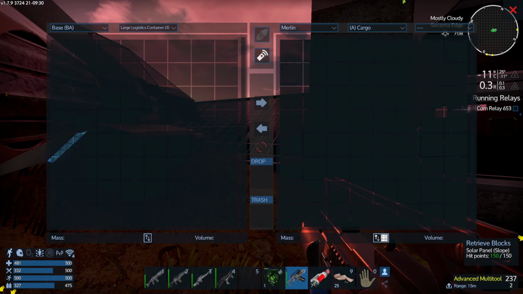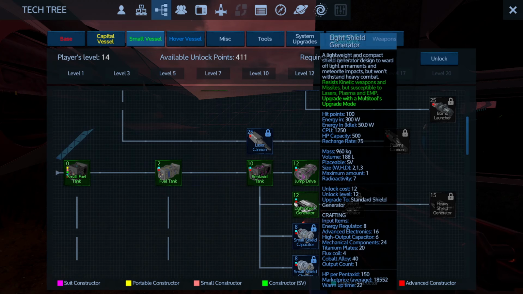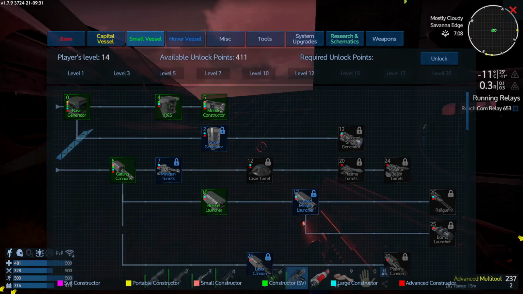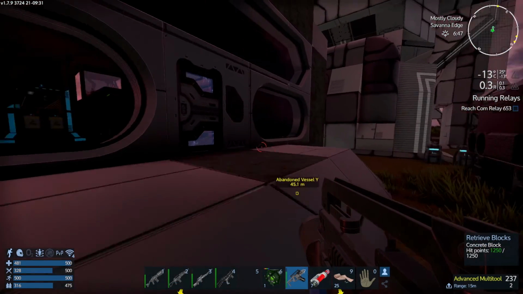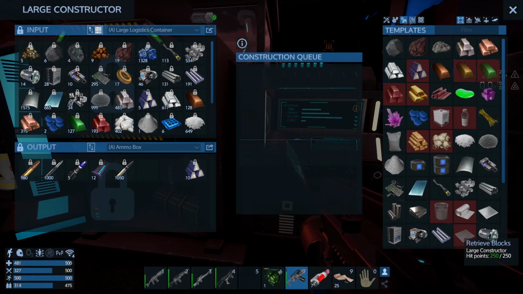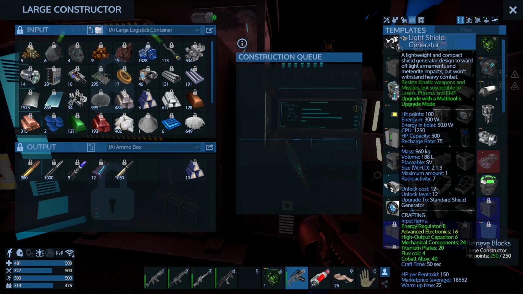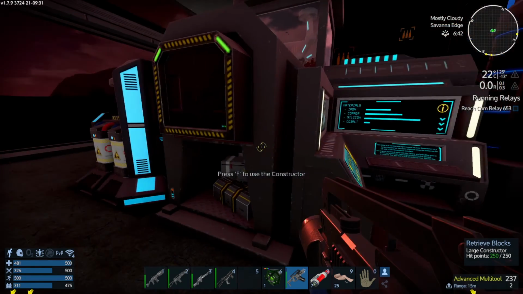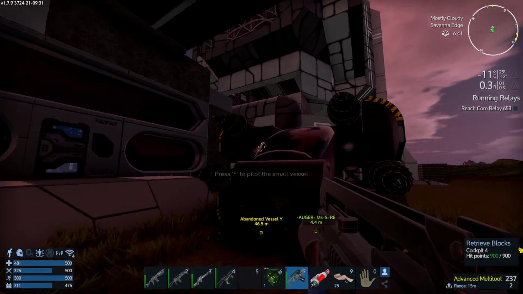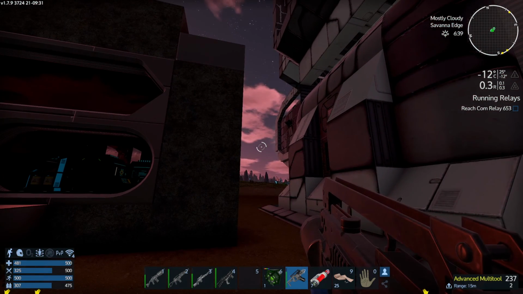Right, let's just see if I can, small vessel. Right, there we are. We've got a light shield generator here, which we can make in the large constructor. I've already unlocked that. What we'll do is get into here. If we can make the shield generator. There we are. Yeah, we can make a light shield generator for an SV. We're going to make that. And then while that's kind of being knocked out, guys, we're going to start the slightly arduous task of taking